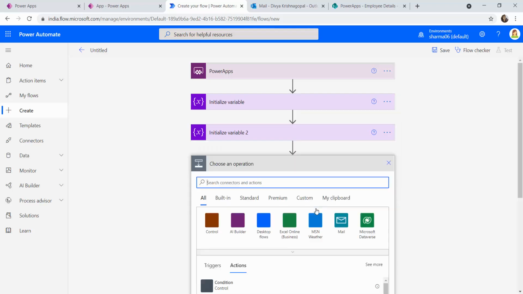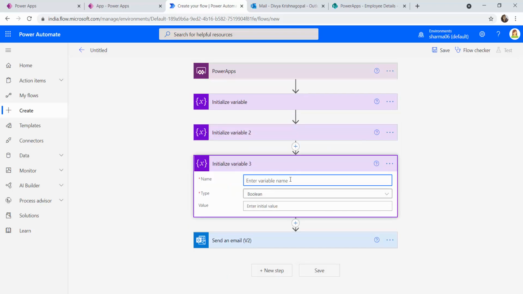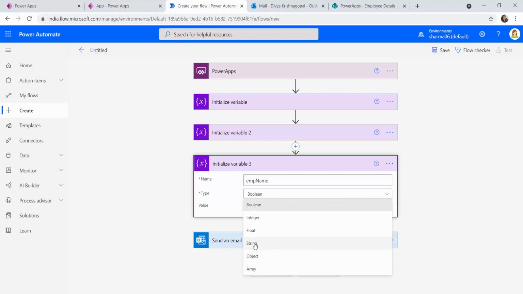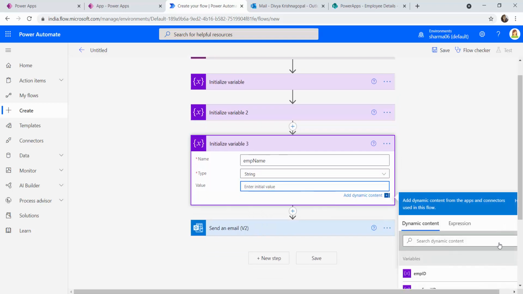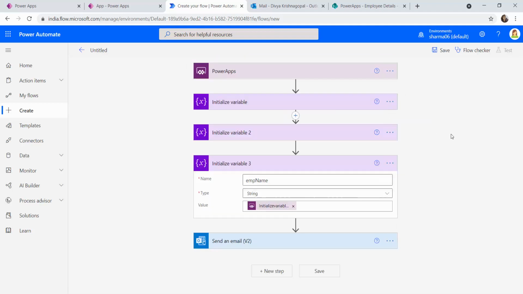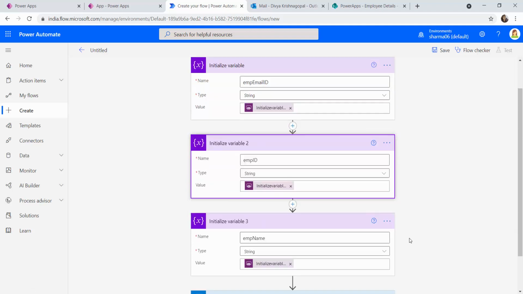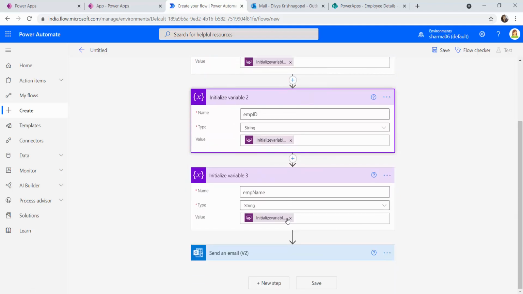The third variable would be my employee name, of string type, and again I'll be asking it from Power Apps. Fine. Now I have three variables whose values I'm retrieving from Power Apps.